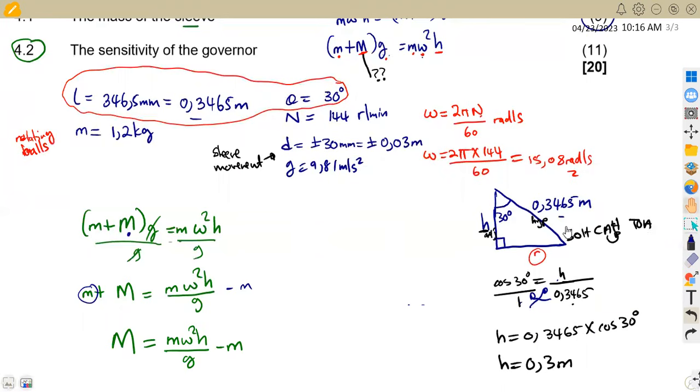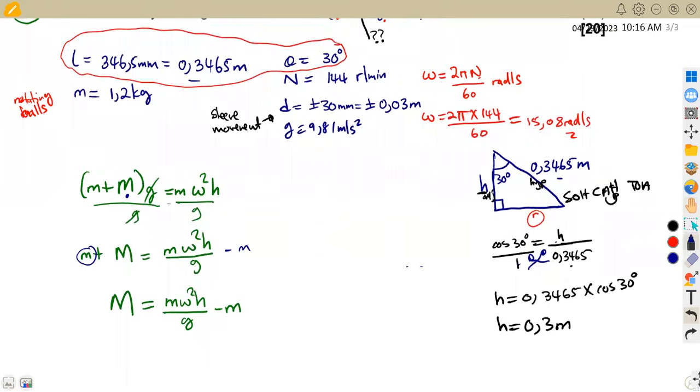So that means this can give us the mass of the sleeve in this case. You've got the mass of the rotating balls, which is 1.2, so that's 1.2 times omega squared. The omega is your mean speed, which is this omega that we calculated here, 15.08, times the height. You see now the use of that height. So you substitute the height, which is 0.3, everything over the gravitational acceleration of 9.81 minus the mass of the